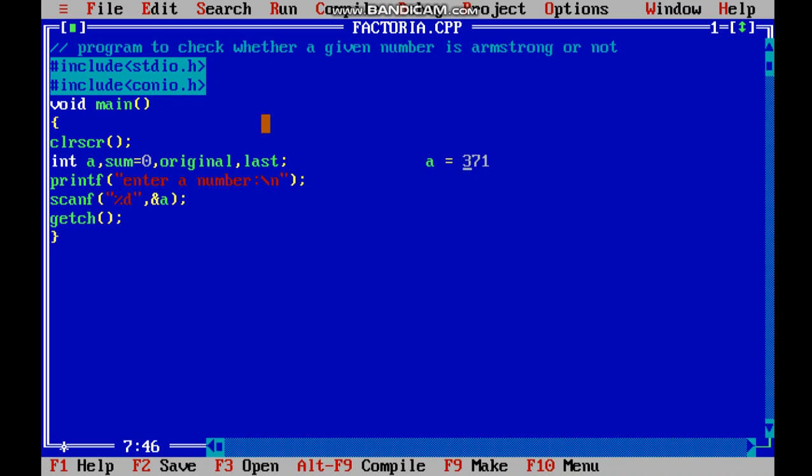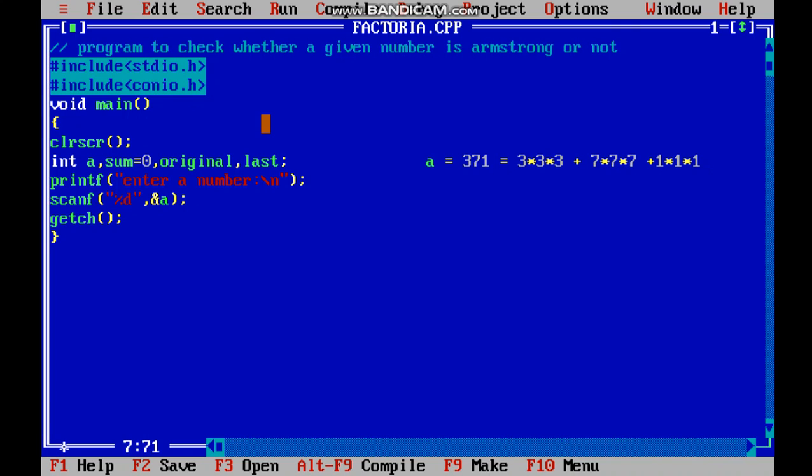See, Armstrong number is a number which, I will tell you with an example. Suppose we write 3 into 3 into 3 plus 7 into 7 into 7 plus 1 into 1 into 1.